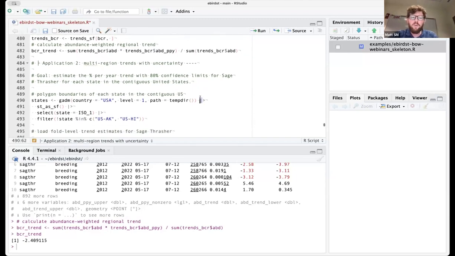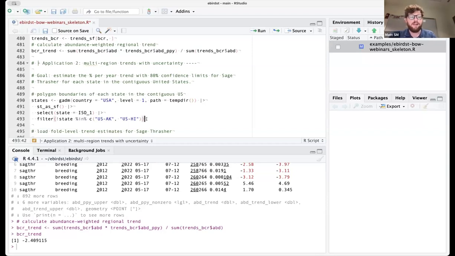And there was another question from last time. Someone was interested in how you use this GADM data set rather than the Natural Earth data set to get boundaries of regions. So in this example, I'm using that. There's a function in the geodata package called gadm, G-A-D-M, that allows you to access country or state polygons from that data source. So in this case, I'm saying country equals USA. Level equals 1 means 1 is states, whereas 0 would be countries.